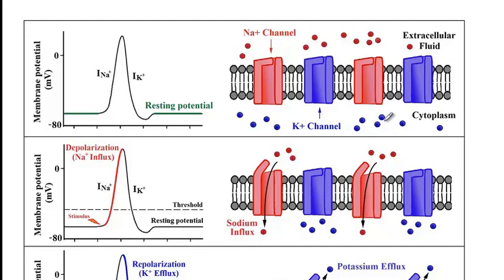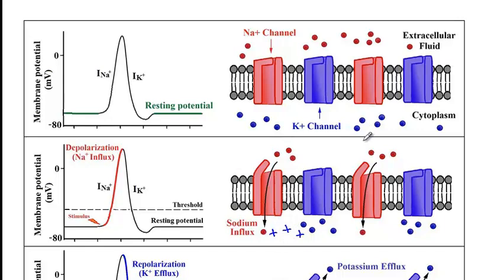So basically what happens is that once the resting membrane potential of a cell reaches a specific threshold, so here you can see that we have about minus 60 to minus 70 millivolt resting membrane potential. That's what we've been just discussing. Once there is a stimulus that pushes this resting membrane potential, making it a little more positive until it reaches a specific threshold, that's the time that it will cause opening of sodium channels. So now there is opening of sodium channels shown in red, as a consequence of which a depolarization wave will happen, where there would be more positive charge inside the cell compared to outside.